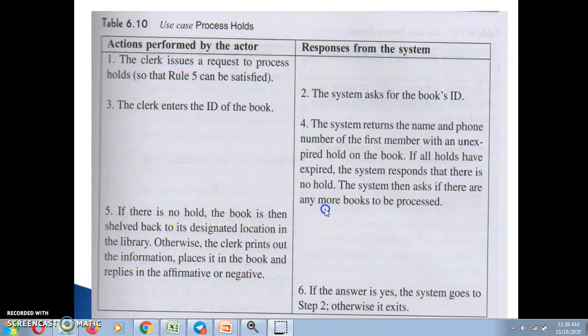So for that, yes, if it has no hold, then the book will be shelved back to the designated location in the library. Otherwise, the clerk prints out the information, places it in the book, and replies in the affirmative or negative. If the answer is yes, the system goes to step 2. Otherwise, it exits. So it checks whether that particular book has a hold or not. If it does not have a hold, it will be shelved back. If it has a hold, then he will keep it aside and take one more, and check whether it has a hold on a particular book. Hold on a particular book means whether that particular book is